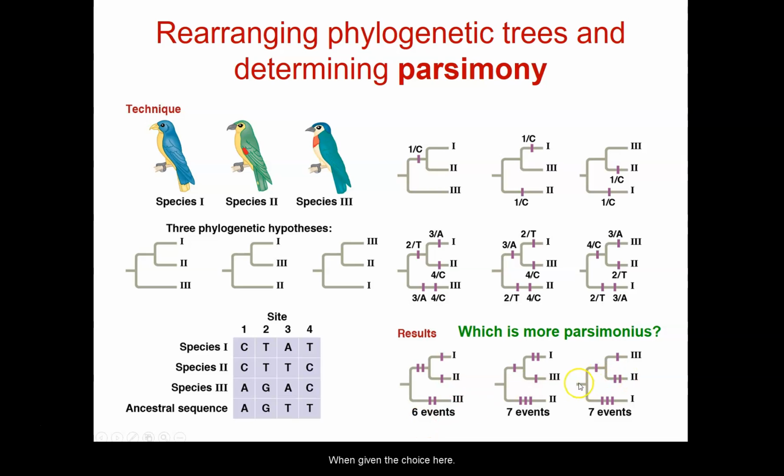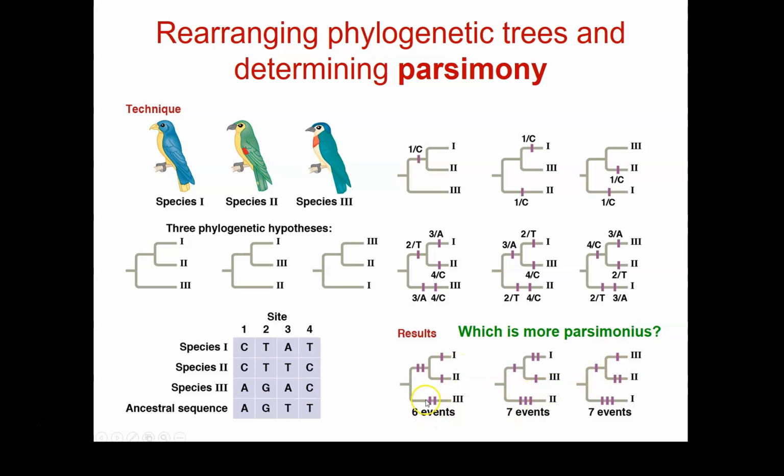When given the choice here of this, and this tree, this first phylogenetic tree is the most parsimonious. It only had 6 different change events. What do we mean by event? A change of DNA. So there were 6 different possible changes in the sequence of these bases here versus 7